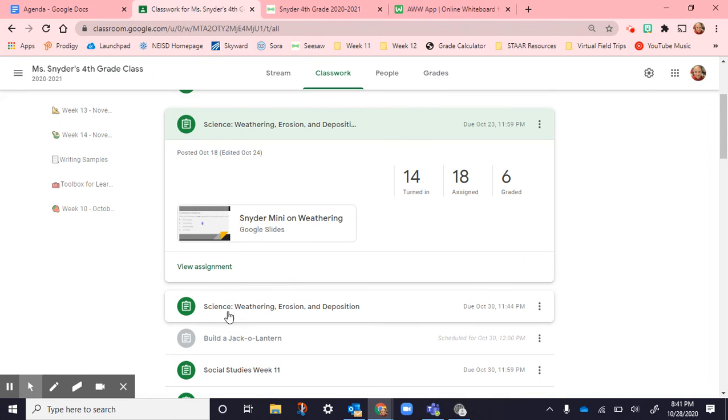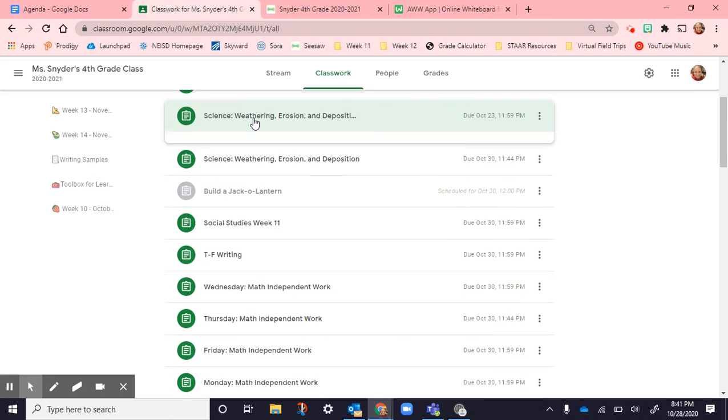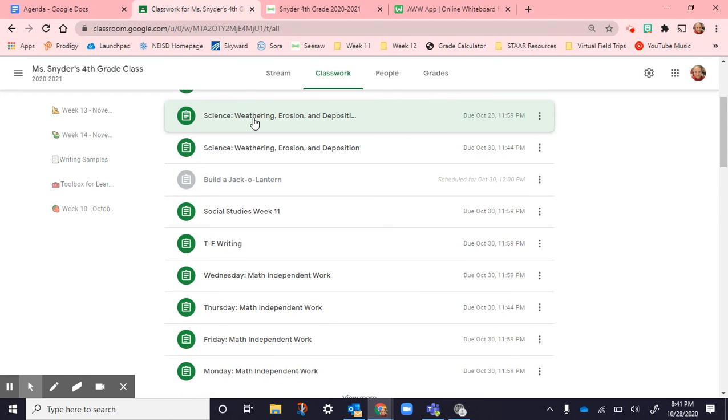And then the other one is a quiz to practice some questions. And again, when you're seeing those questions, if your answer choices are weathering, erosion, or deposition, those are your 3 answer choices. Then if it's talking about something about a break, you know your answer is going to be weathering. If it's talking about some kind of movement, again, you're associating that with erosion, and deposition is when you have that new